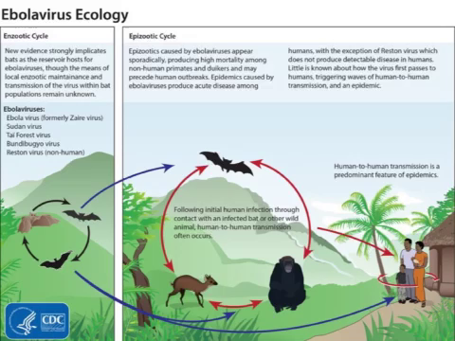We're going to talk a little bit about transmission and the reservoir of the virus. So the working hypothesis is that the virus uses bats as its reservoir host. So it's very likely not nearly as deadly to bats as it is to humans, and so they can be carriers without the substantial ill effects that you see in human populations.